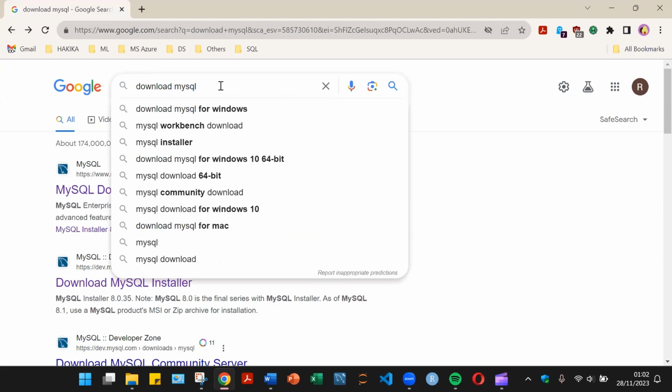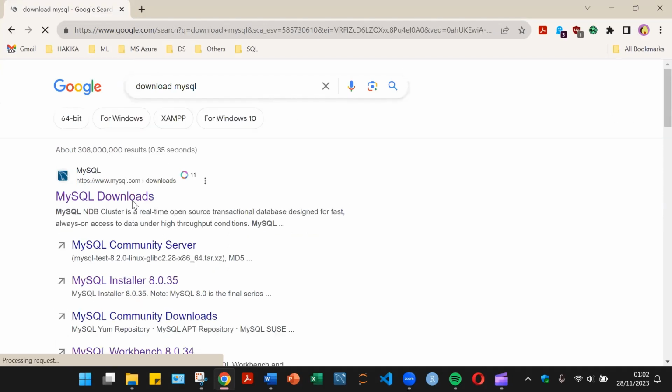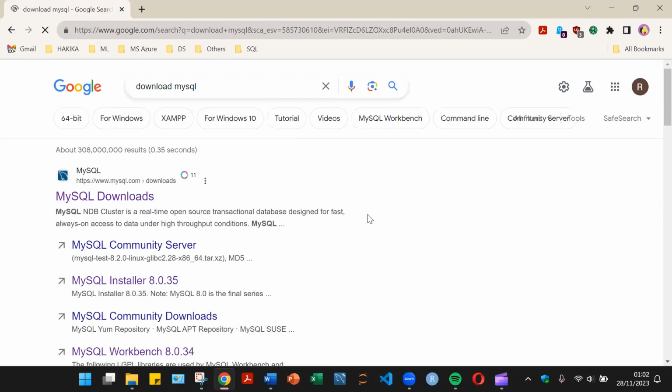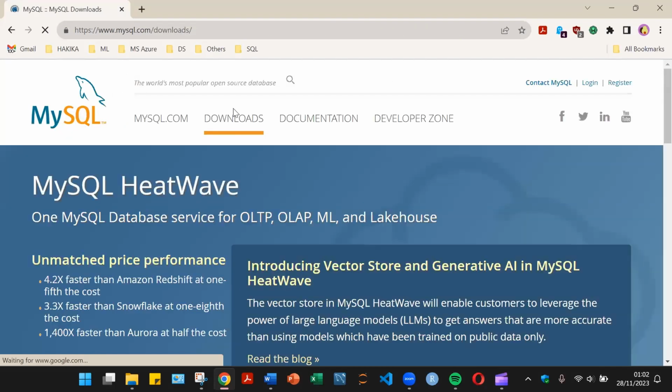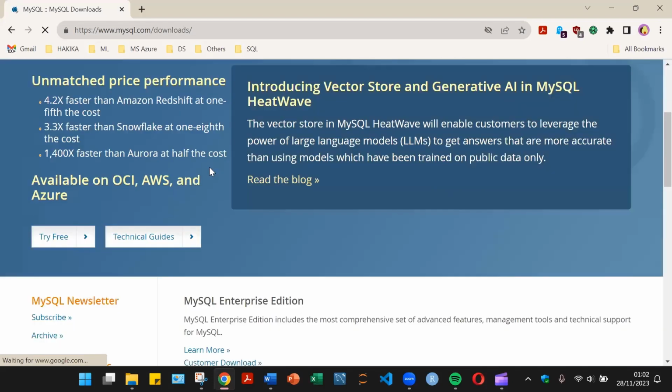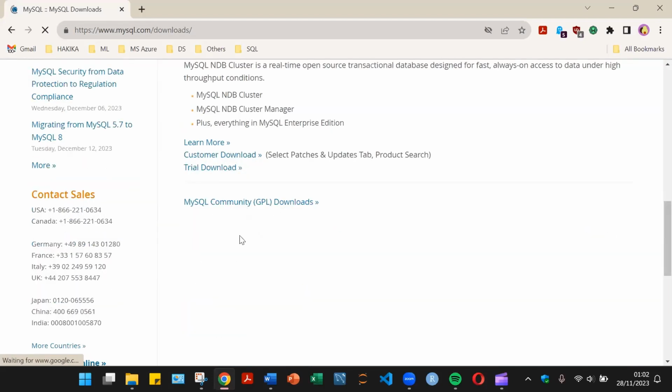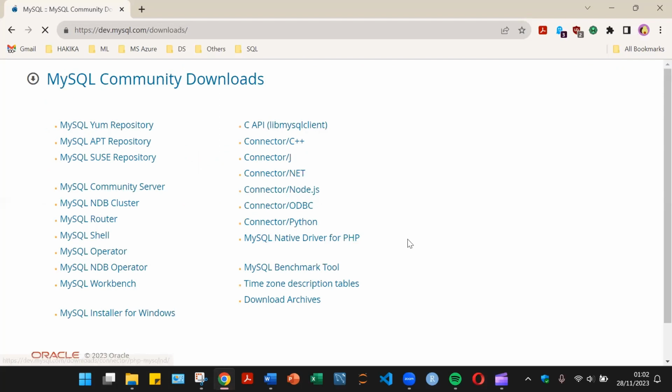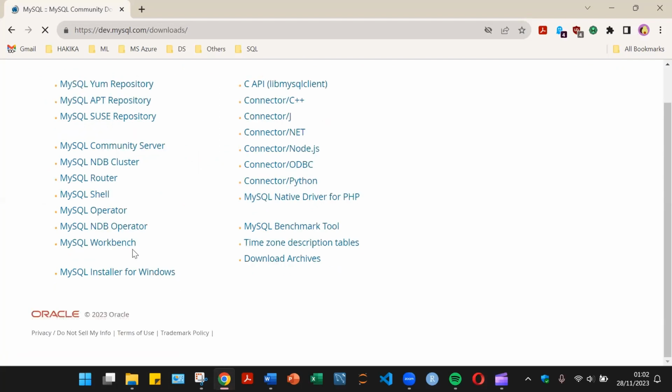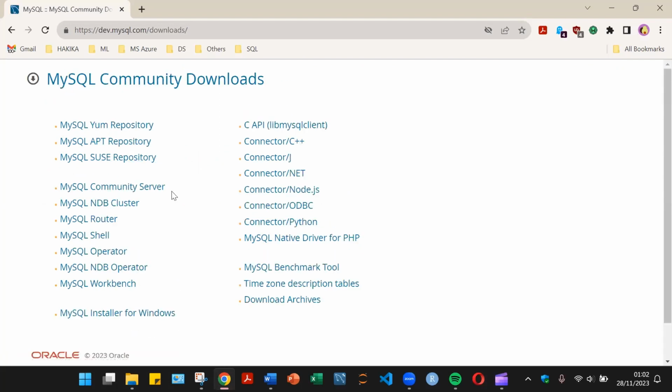We'll just search download MySQL, then we'll go to the mysql.com homepage and click on download. Then we'll scroll down to the bottom where we have MySQL community. Click on this, which will redirect us to another page where we have a list of MySQL software that we